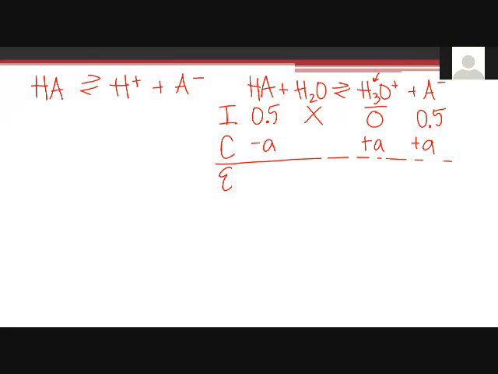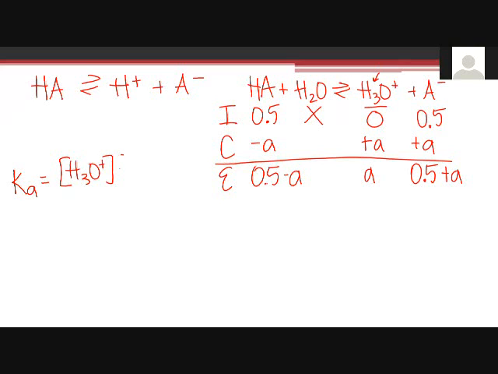So at equilibrium, we got 0.5 minus A for HA. For the hydronium, it's A, and then for the conjugate base, it's 0.5 plus A. Okay, and then we haven't done this in a while, but if you're still struggling with this part, remember it's always products over reactants. So the concentrations of these two over the concentration of the acid is what we'll plug in